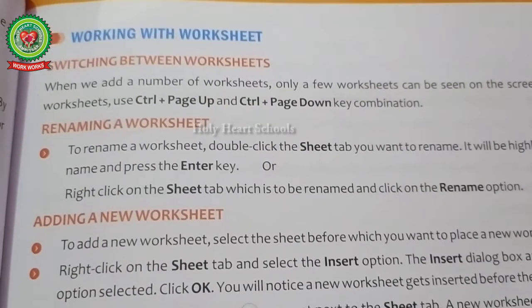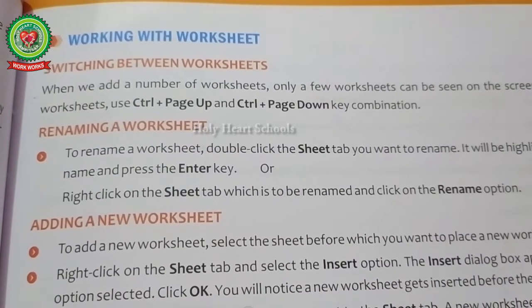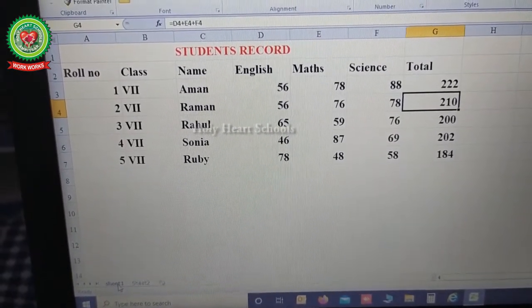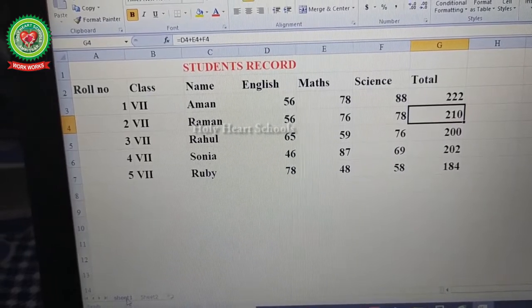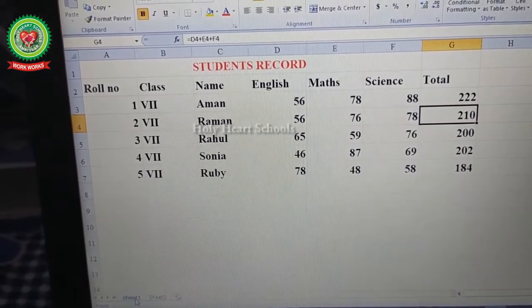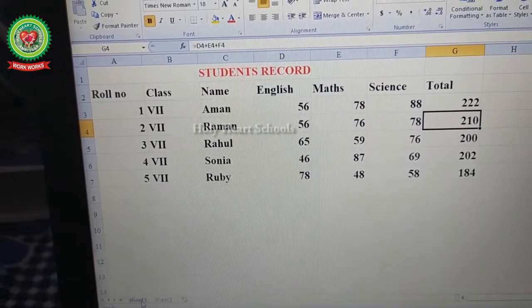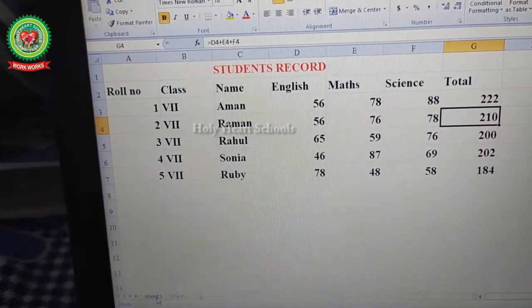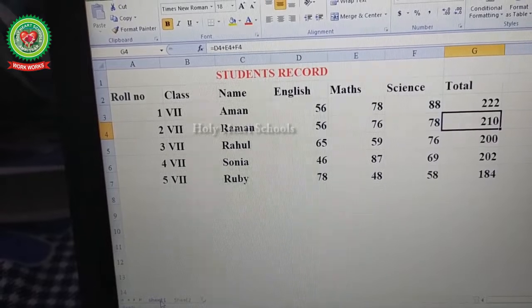Now next is how to switch between the worksheets. It means if we are doing work on 2 or more than 2 worksheets, how to switch from one worksheet to another worksheet. If I am on sheet 1 and I want to go to sheet 2, how can we directly go from one sheet to the other sheet?